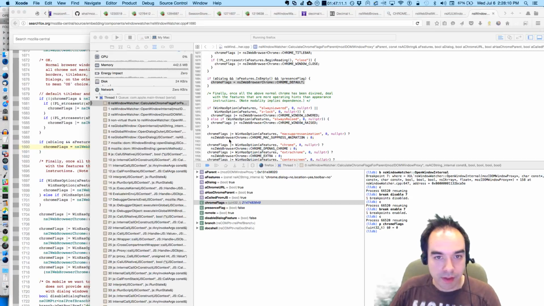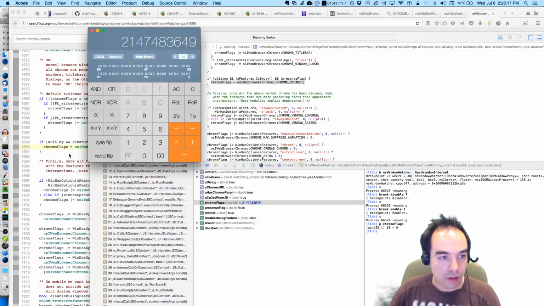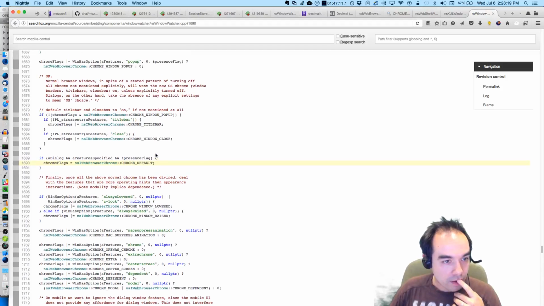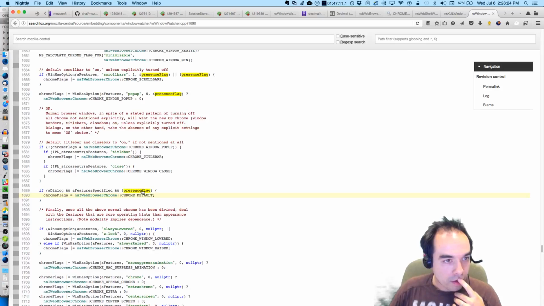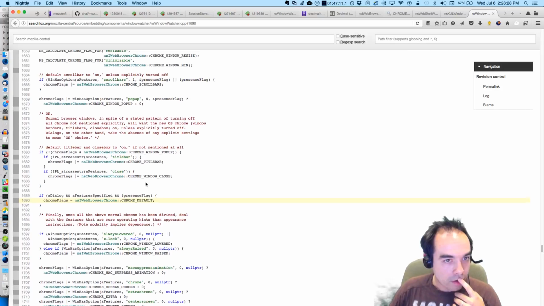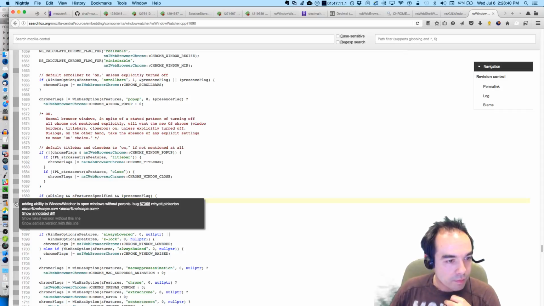And feature specified. And not presence flag. When is this happened a long time ago.